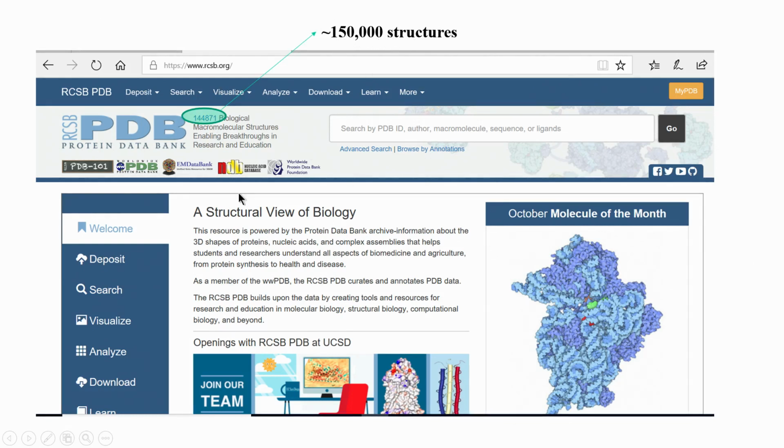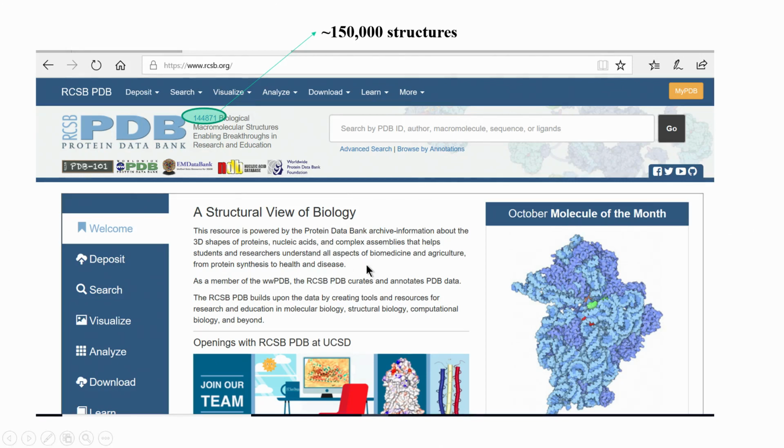I would recommend very strongly that you visit this website shown here, and have a look at the different types of structural information available, because this is where the history of protein structure data is available, and this is where you have to deposit all the protein structures before you publish. So, if you have a new protein and you have solved it by NMR or crystallography or so on, you need to deposit it here and get it verified, by different techniques, whether that protein structure is correct or not, and only then can you go ahead and publish.